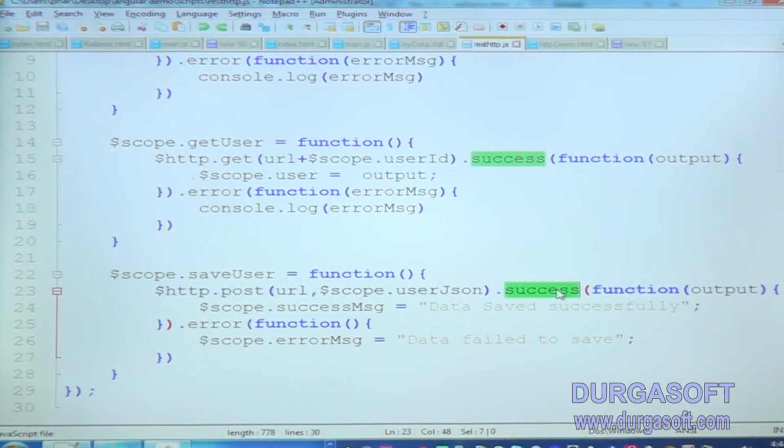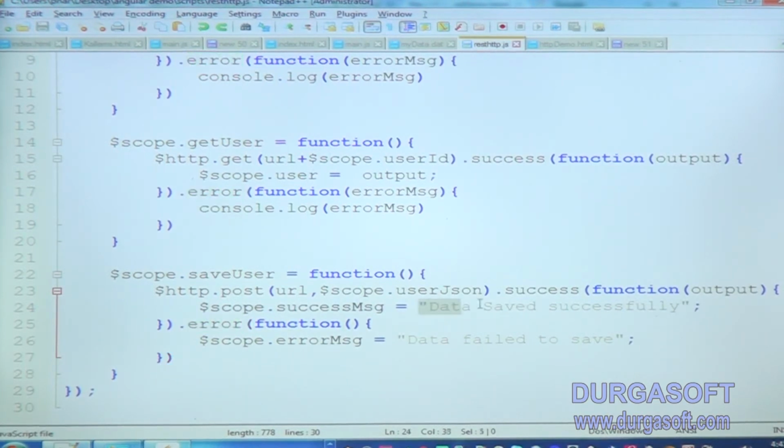Once the call is a success, this success function will execute. If it fails, the error function will execute. If it is a success, as per our application logic, it is not returning anything. That's why I am simply displaying "data saved successfully".